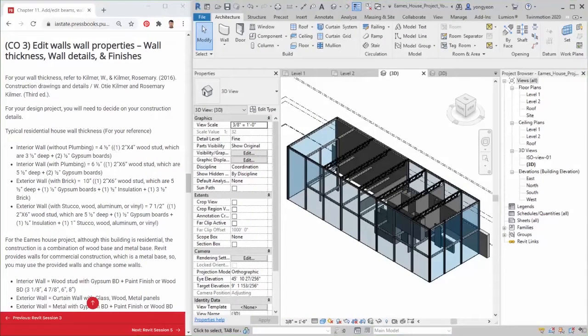Hello all. This tutorial will demonstrate how to edit walls and wall properties for wall thickness, wall details, and finishes. For your wall thickness, refer to a book, Construction Drawings and Details, by Kilmer, W., and Kilmer, Rosemary, 2016, the